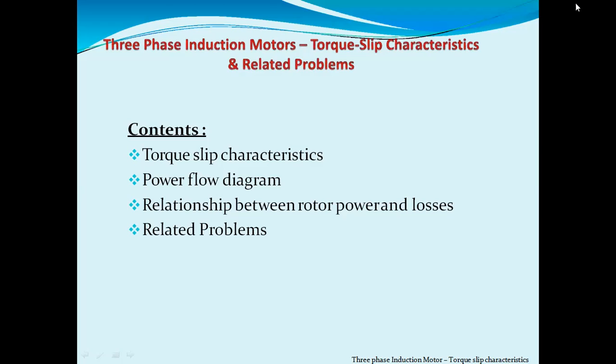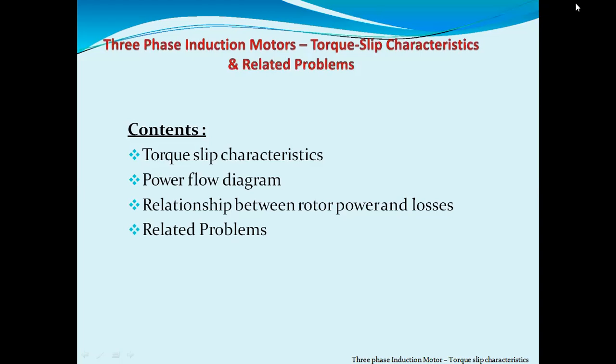If we are supposed to reverse the direction of rotation of the three-phase induction motor, we change the position of only two adjacent phases. We keep one phase as it is and change the position of the other two. We can change RY, or YB, or B and R, and keep the remaining one as it is. So to reverse the direction, we change two adjacent phases.